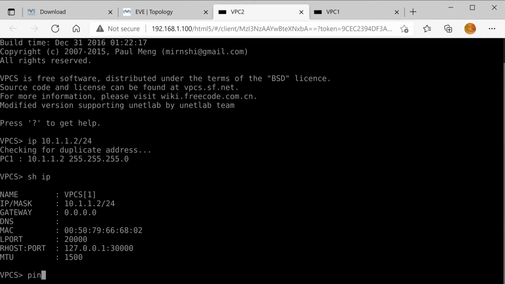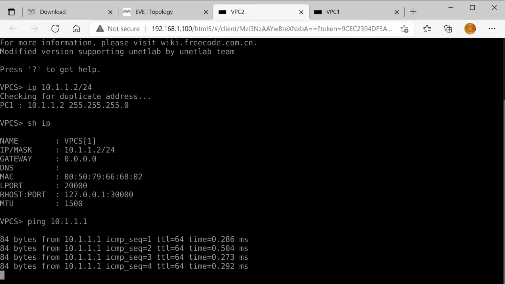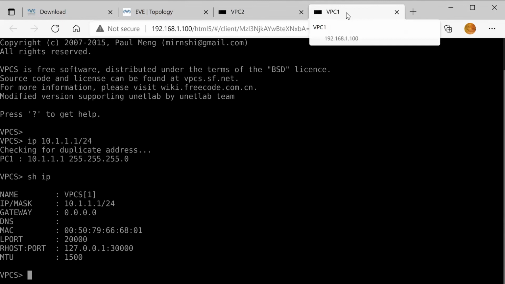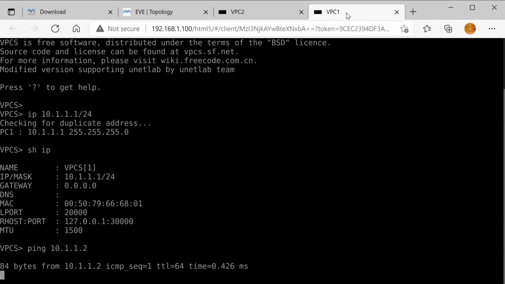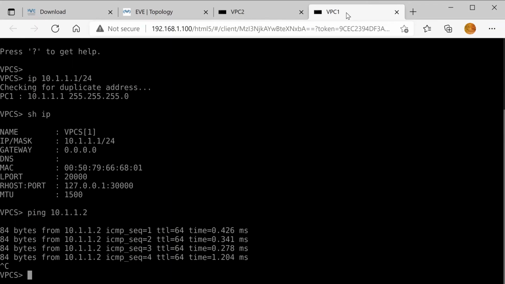Now we will ping 10.1.1.1 to check the connectivity. Yeah, it is working now. We'll check the other PC. Ping 10.1.1.2. It is pinging. That's it.